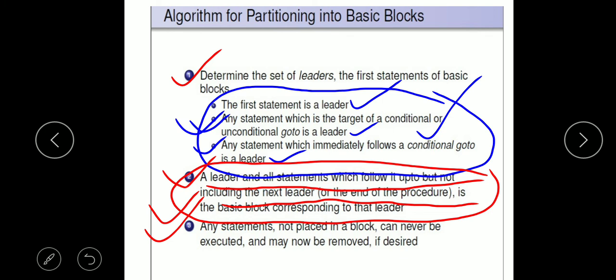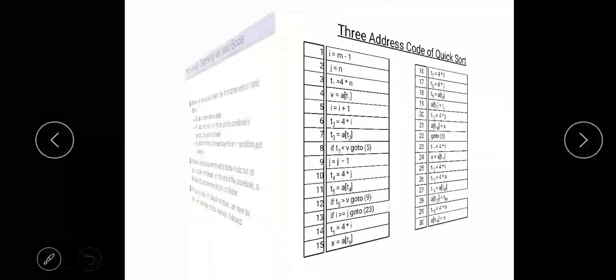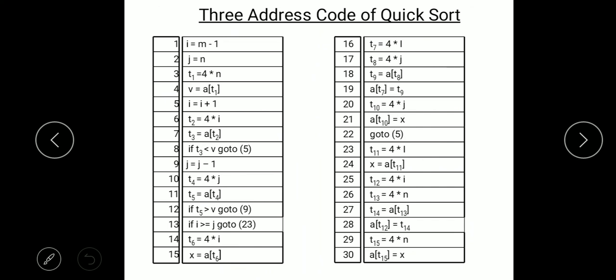I think if you are not getting it, I will tell you by a suitable example so that you can understand how to construct a basic block. So let's see using an example so that you can easily understand how to apply the algorithm to identify leader statements and thereafter how to construct basic blocks. Suppose this intermediate code has been given to you and you have been asked to construct basic blocks. So first of all, as I earlier told you, you need to identify leader statements, then you need to construct basic blocks.